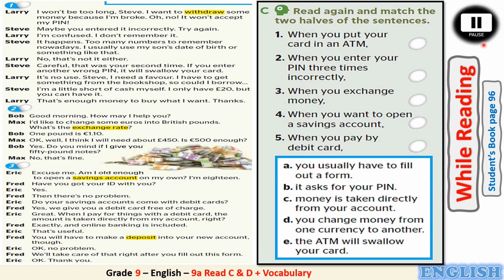After scanning the dialogues, pause the video, then match. Now let's check your answers. Number 1. When you put your card in an ATM,